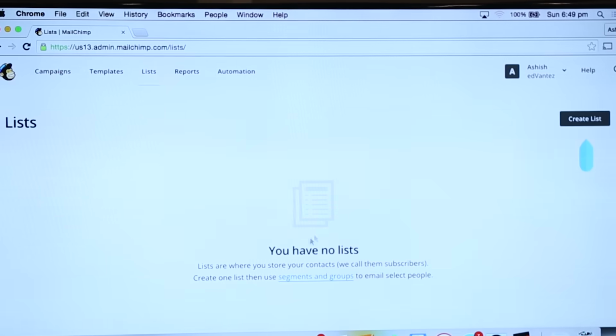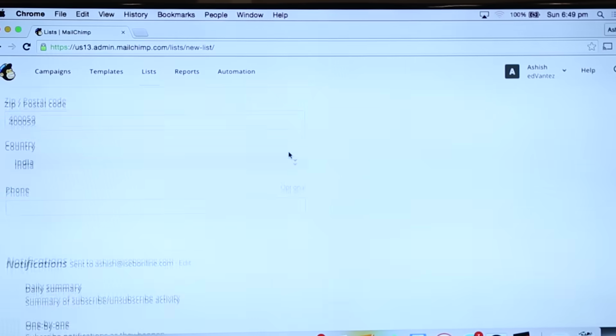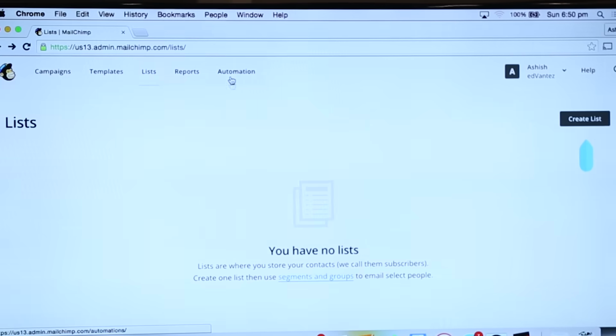right, it says you have no lists. So here you need to create a list. And these are all your customers. You can do it one by one, or what you can do is you can import a list of all your customers. From Excel or Outlook or where? Excel. You can,